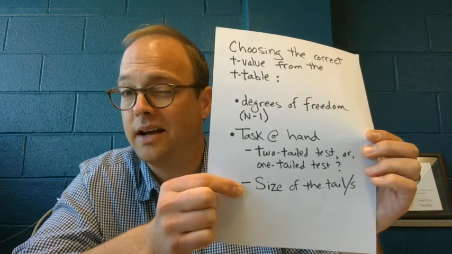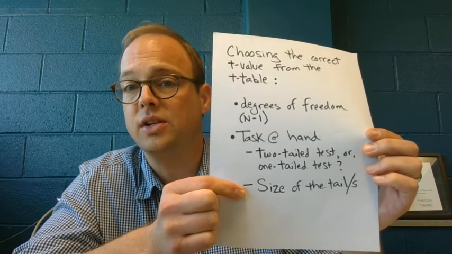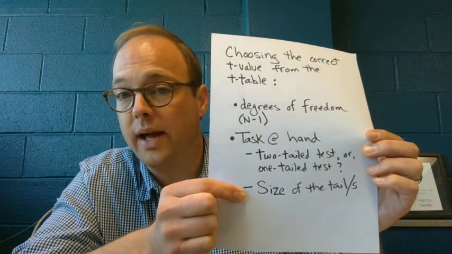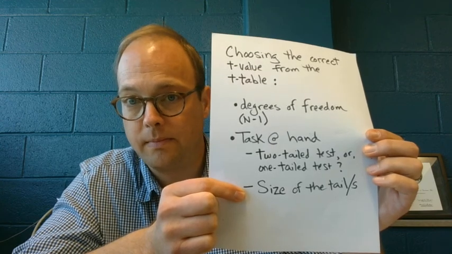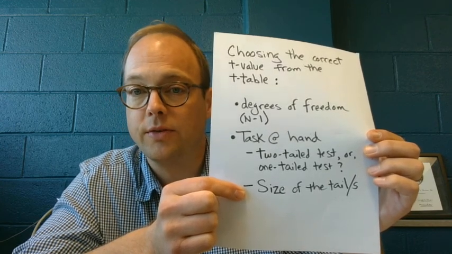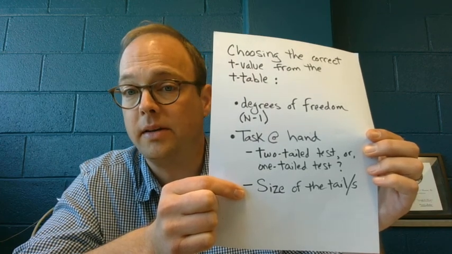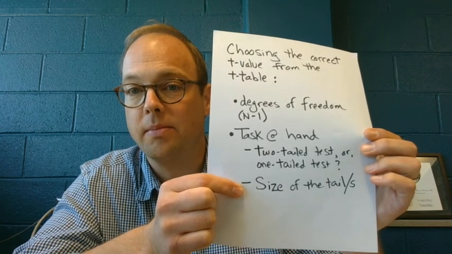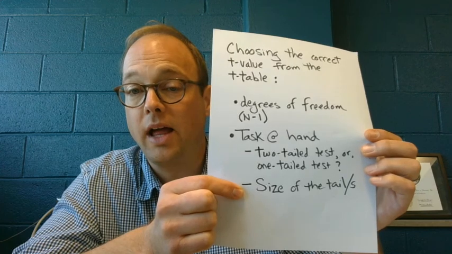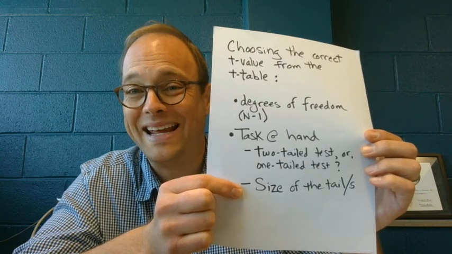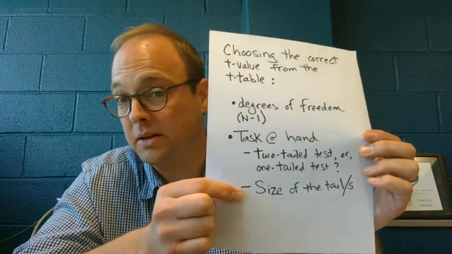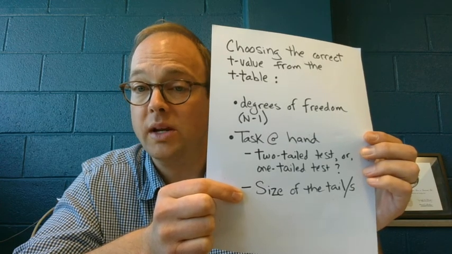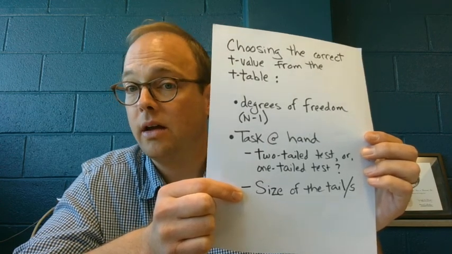Now the tail has a couple of different names. The tail of the distribution is also referred to as the critical region. It's also referred to as the rejection region. And it might be easiest to refer to the tail of the probability distribution as the rejection region, because it is that region, it is that part of the probability distribution that will help us determine whether we should retain, means keep, or believe in, whether we should retain a null hypothesis or reject, do away with, discard a null